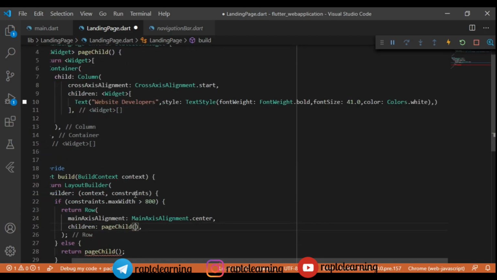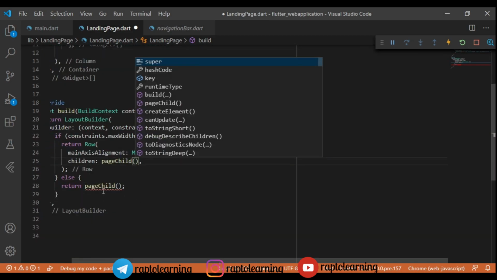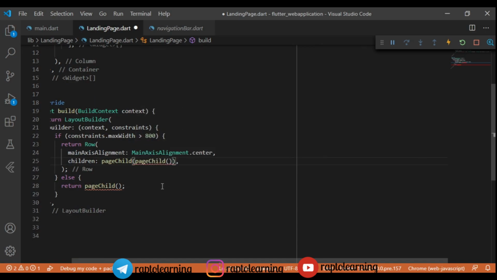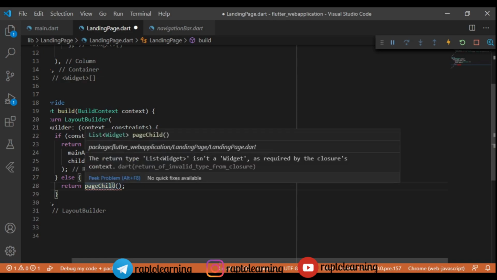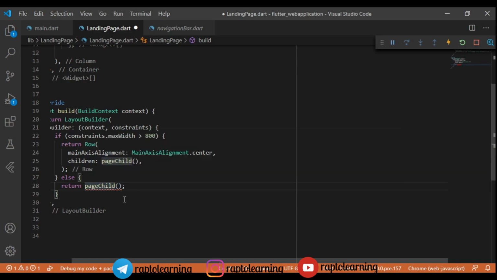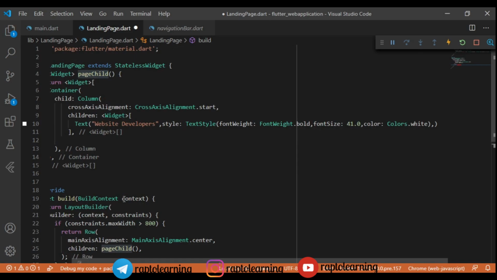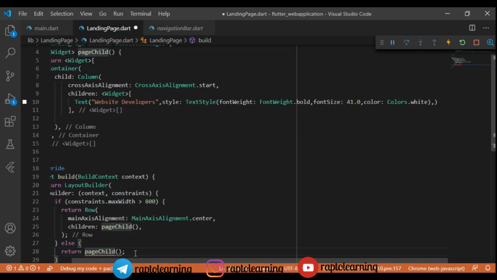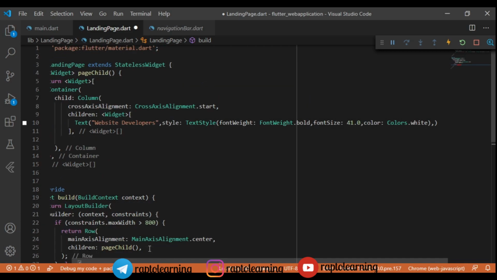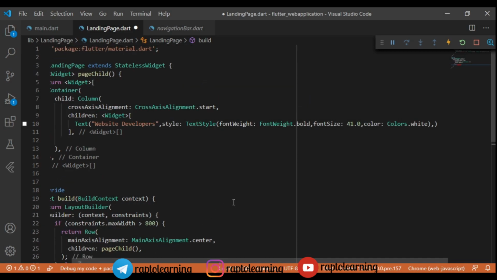So we will just implement font size and all those stuff. So right here we come, we have implemented all those. We will just add pageChild to the children of the row if the constraints are greater than 800, and if the constraints are less than 800 we will directly add the pageChild widget, right? So this is pretty convenient, right?